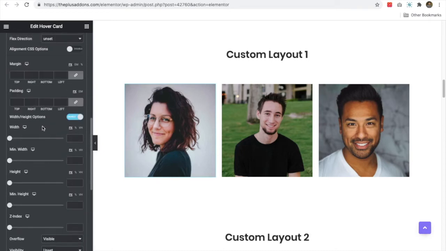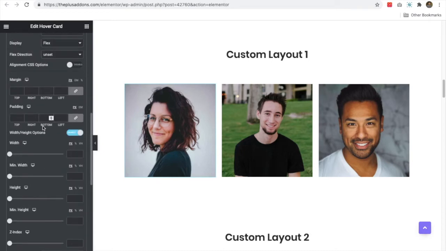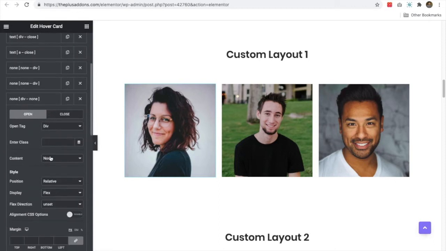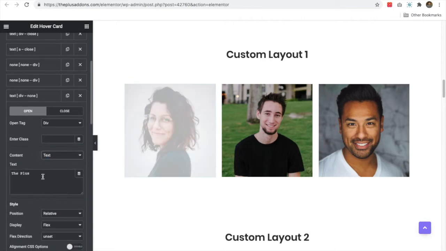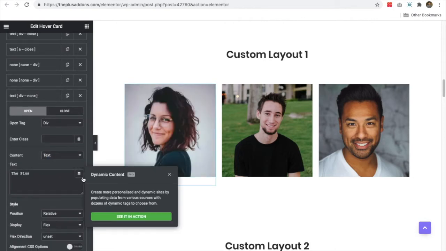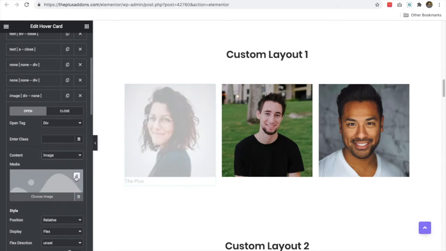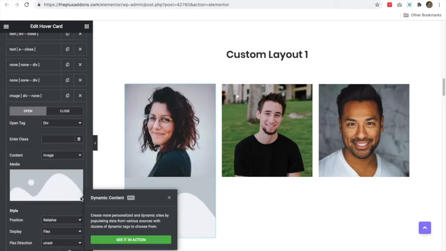Now if you want to use those in a dynamic listing or custom loop skin builder, then at that time you can select a text and you can use a dynamic tag value. Also you can select an image, and again you can use a dynamic tag value from here.